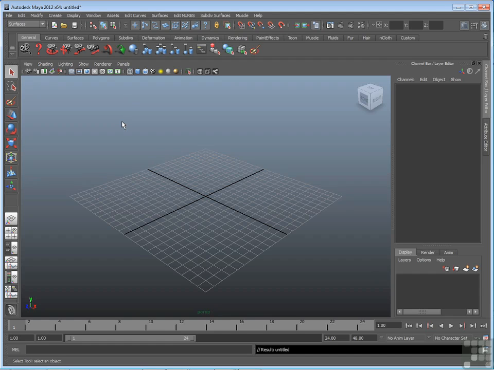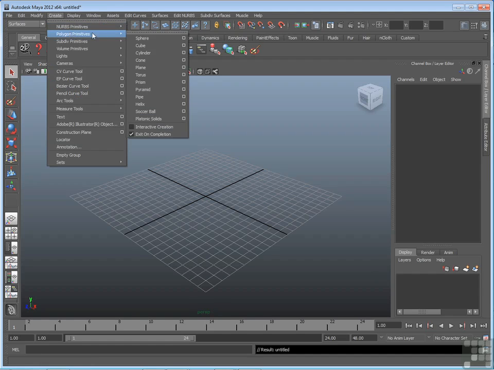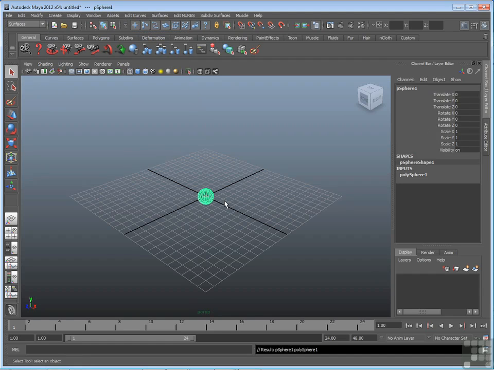Now the first is the fact that sometimes in these videos you'll see some of the geometry or some of the primitives as wireframe, and sometimes you'll see them shaded. Now I'm going to create some geometry just for now. We'll talk more about how to create geometry later on. But just for now, I'm going to go to Create and make a primitive sphere. So there's some geometry, and I'm going to